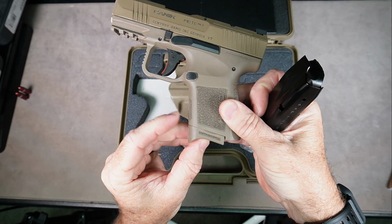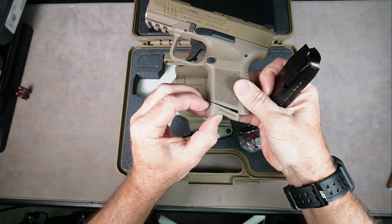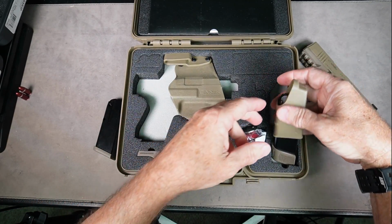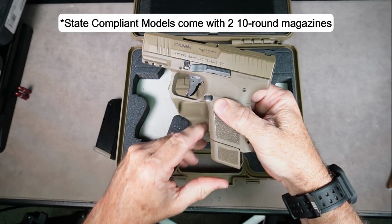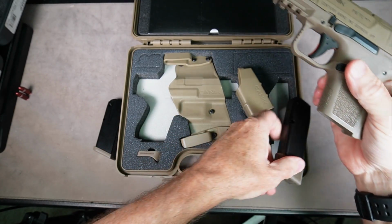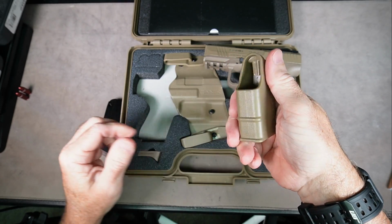It gives you a little bit more grip. My hand's just big enough that my pinky doesn't have any place to rest, but this really makes the difference. It also comes with a 15-round magazine, which makes the gun a little bit bigger, but it does give you a few more rounds. And it comes with a loader, which helps your thumb if you're in a training class